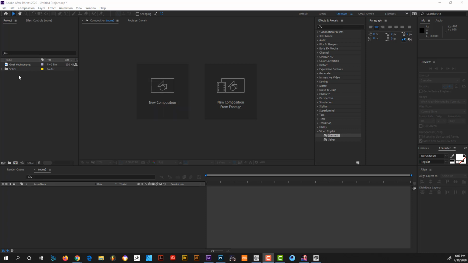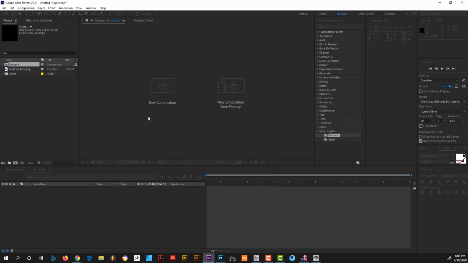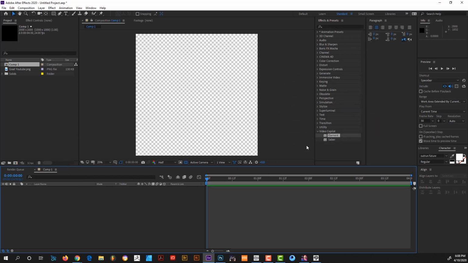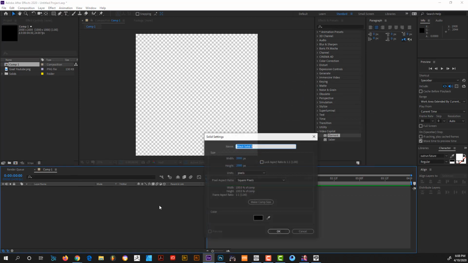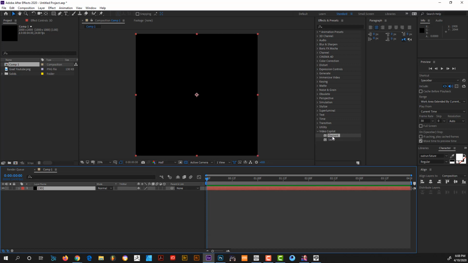What we're going to do is create a 3D logo with a PNG in After Effects with Element 3D. So the first thing you're going to do is create a new comp. On top of that, we're going to add a solid, and we'll name this 3D. Toss in Element 3D there,